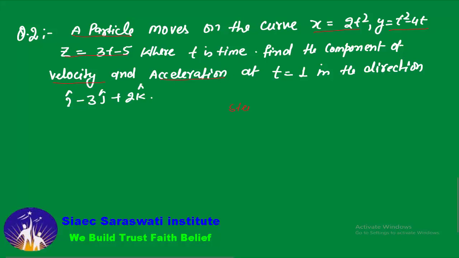Steps are here. Step number 1, develop position vector, vector R. Okay, so that is x i plus y of j plus z of k. सबसे पहले हम इस पोजीशन वेक्टर को डेवलप करेंगे। देन आफ्टर विद द हेल्प ऑफ दिस पोजीशन वेक्टर वी विल डेवलप द वेलोसिटी वेक्टर। ओके, so we will find out the velocity vector, then after we will find out the acceleration vector. Okay, then after the acceleration vector, and then after we will find out the vector n. Okay, then we will find out the unit vector.